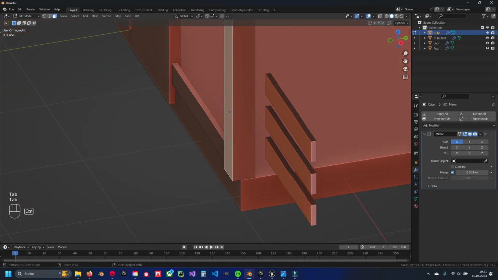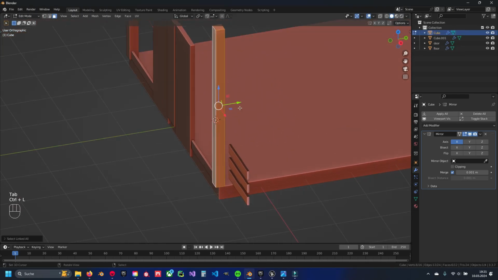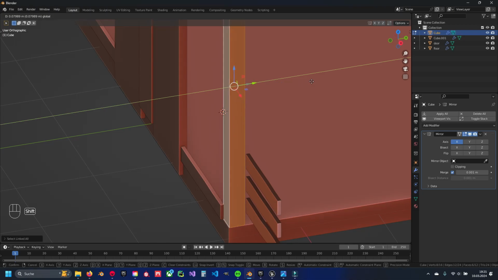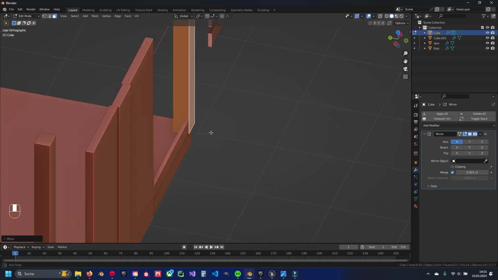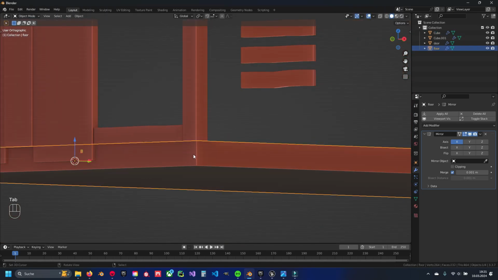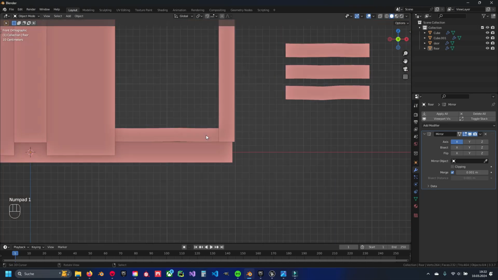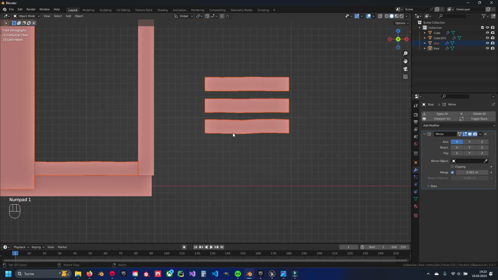And we have to go with this corner a little bit back. Yeah, we have to find the right spot. I think that's good. So now we can just select the other one,